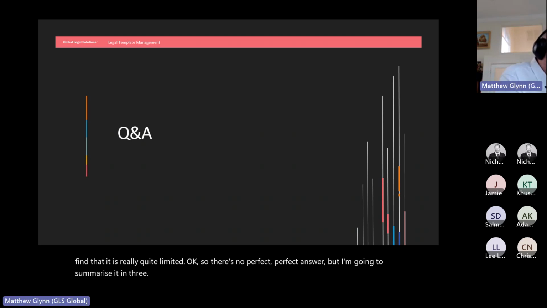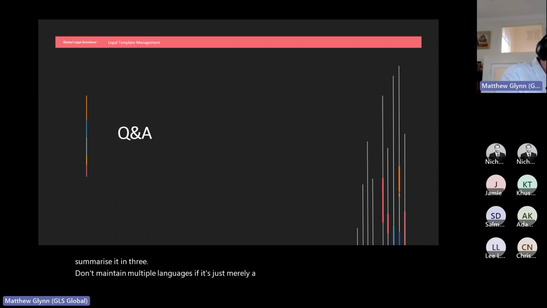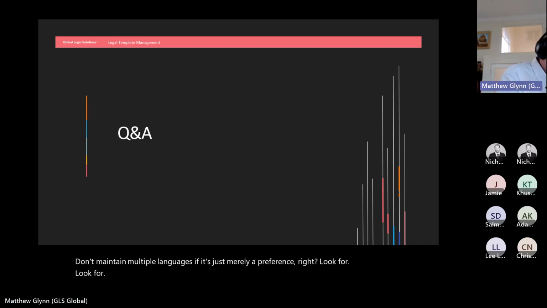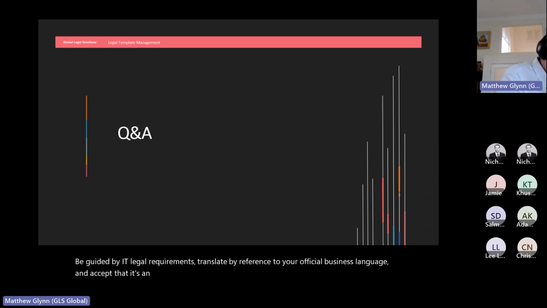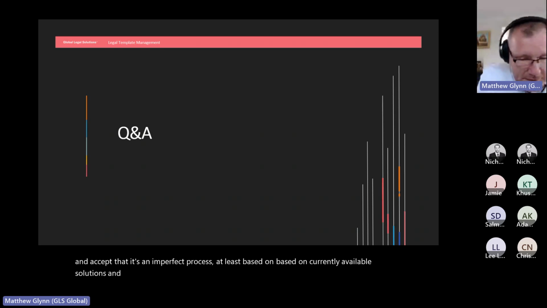Don't maintain multiple languages if it's merely a preference. Be guided by legal requirements, translate by reference to your official business language, and accept that it's an imperfect process, at least based on currently available solutions and translator capabilities.